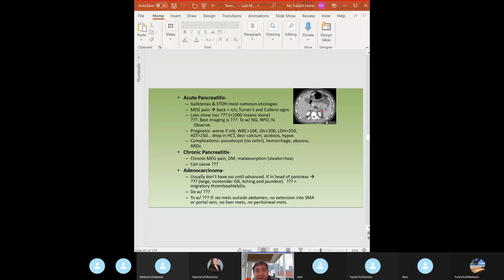If it's chronic pancreatitis, you can have chronic mid-epigastric pain, malabsorption, steatorrhea. It can cause splenic vein thrombosis. For adenocarcinoma, they usually don't have symptoms until it's advanced. If the carcinoma is in the head of the pancreas, what do we call that sign,